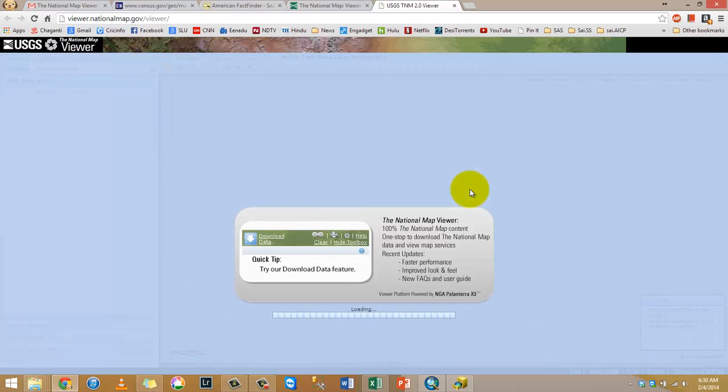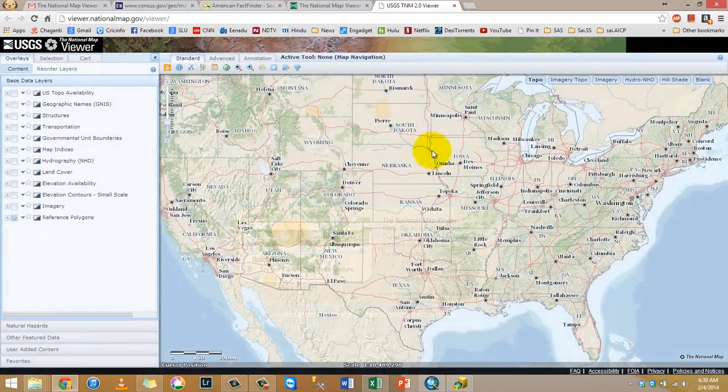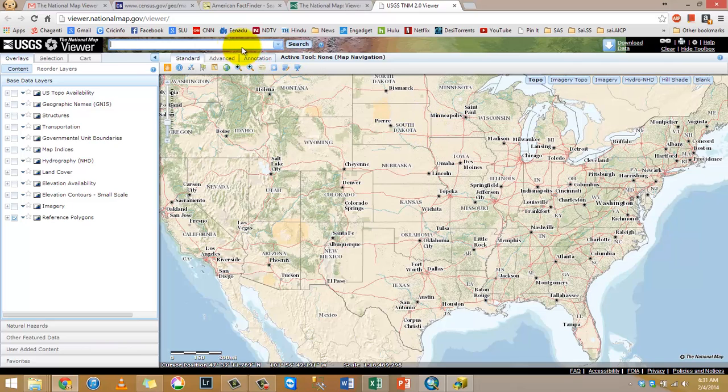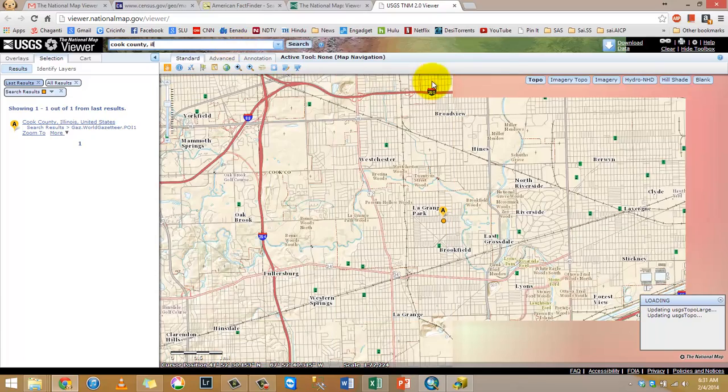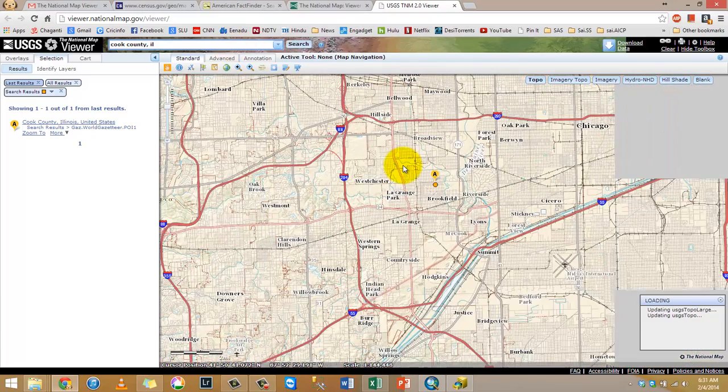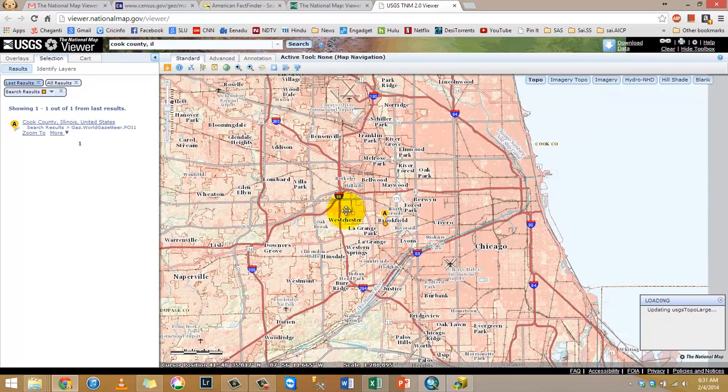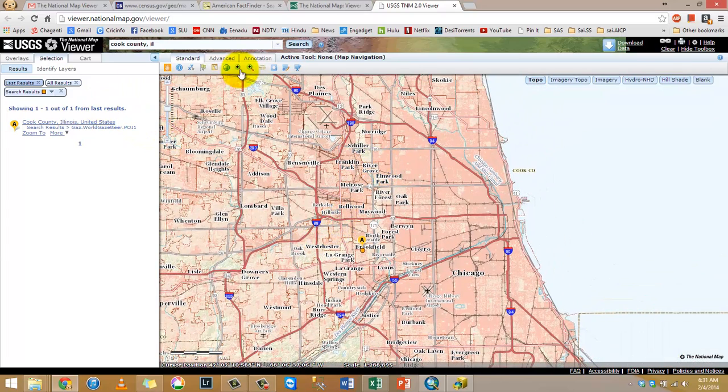When I click on that, it comes up with a web map interface, and then you can type in, I don't know, Cook County, Illinois. Essentially you'll zoom to the center point or centroid of Illinois, and from there you can